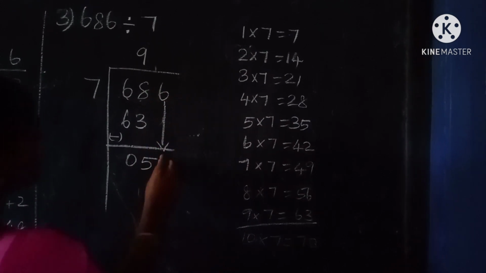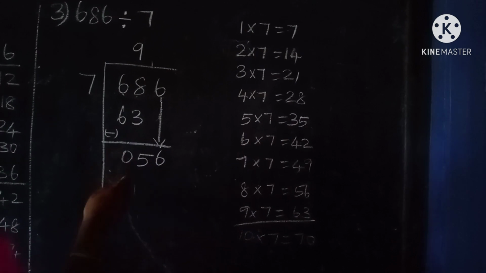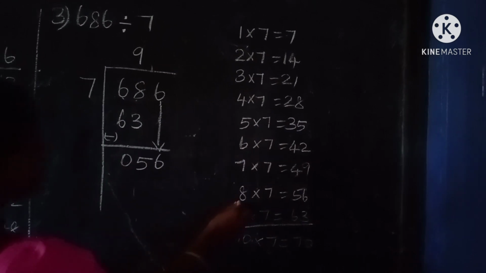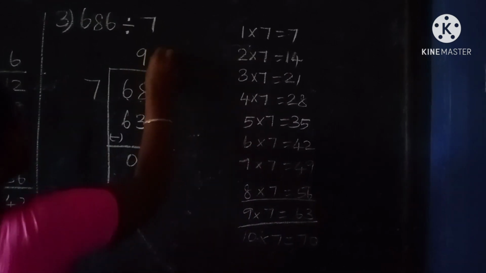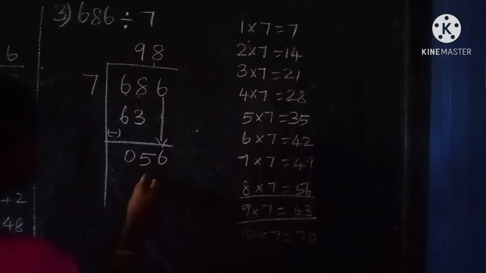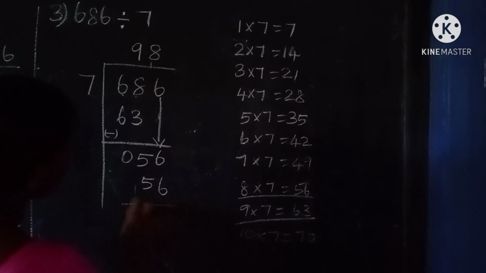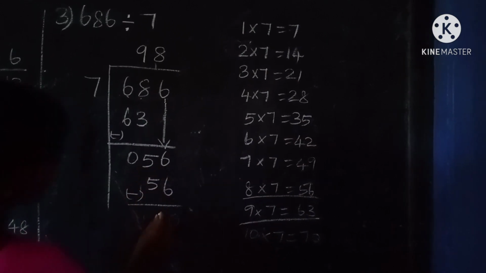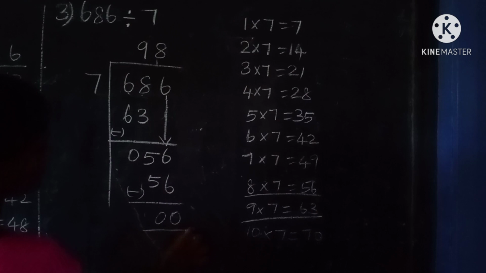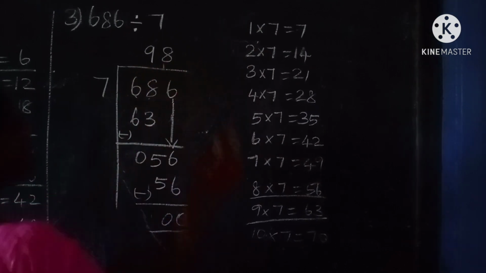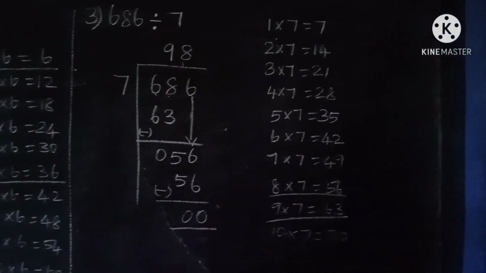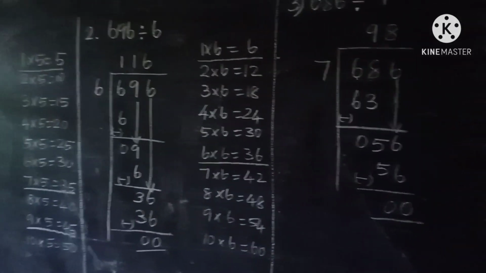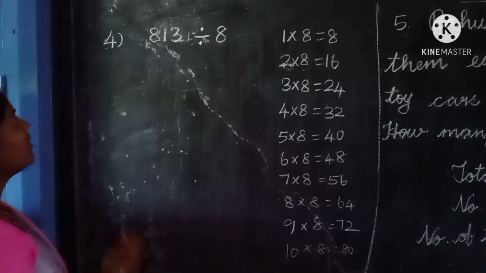this number. Here 6. How many 7s are 56? 8 7s are 56. Here put the subtraction symbol. 6 minus 6, 0. 5 minus 5, 0. So 0 is the remainder. 98 is the quotient. Fourth sum,